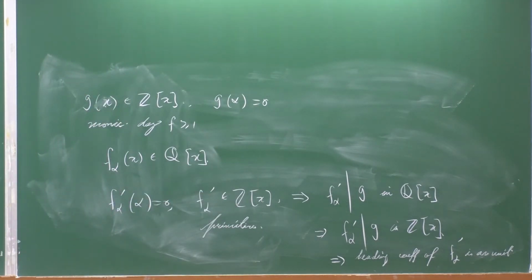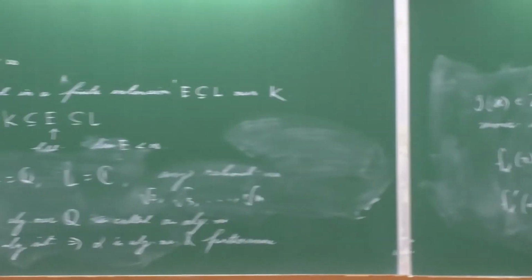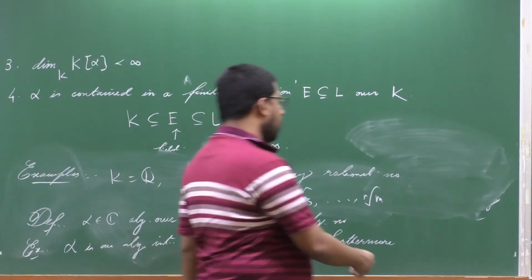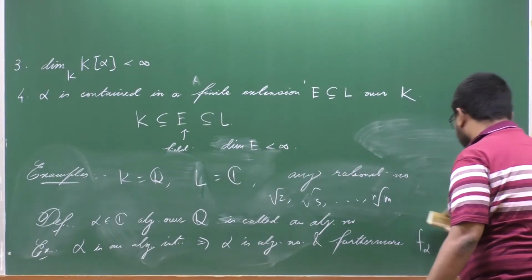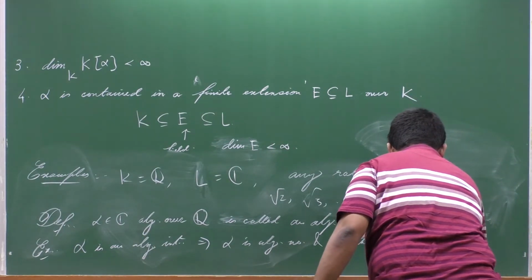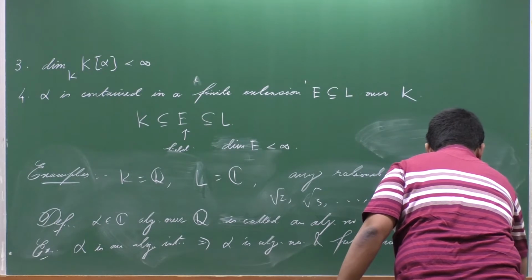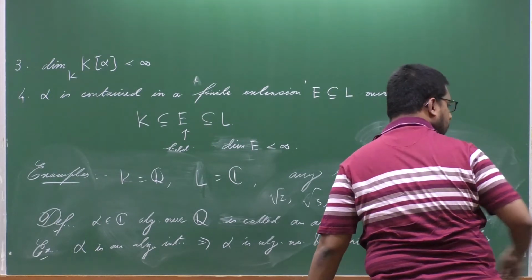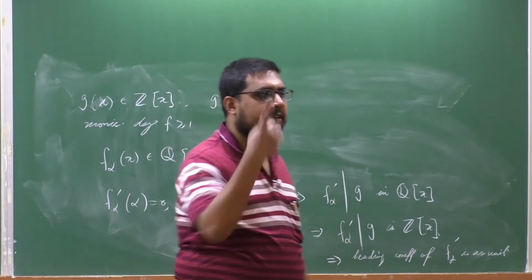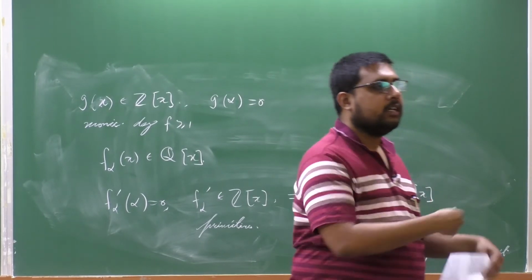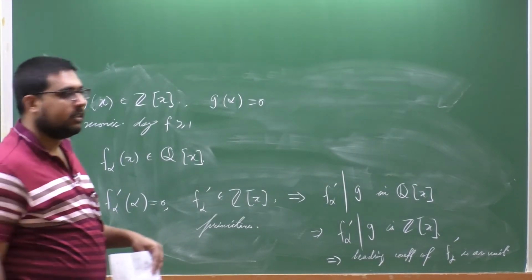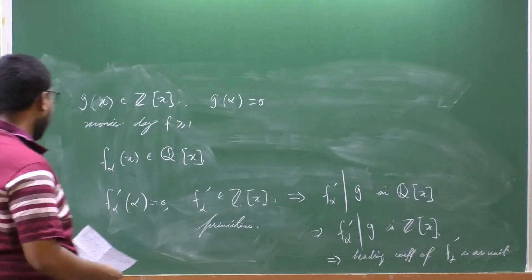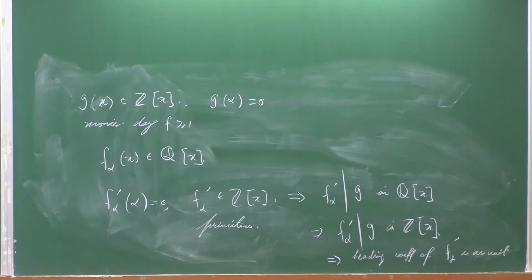So the upshot is, if alpha is an algebraic integer, alpha is of course an algebraic number, and its irreducible polynomial, after multiplying by this unit, f_alpha prime, will be monic and again irreducible. So that is going to be equal to f_alpha because of the uniqueness, hence f_alpha will be monic and having coefficients in